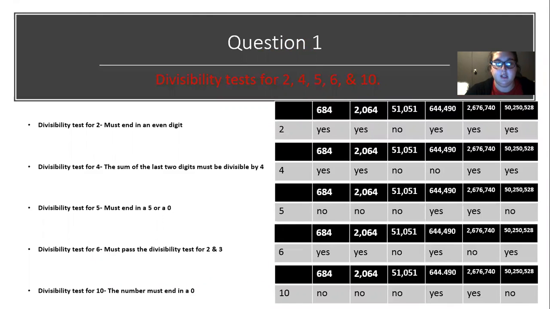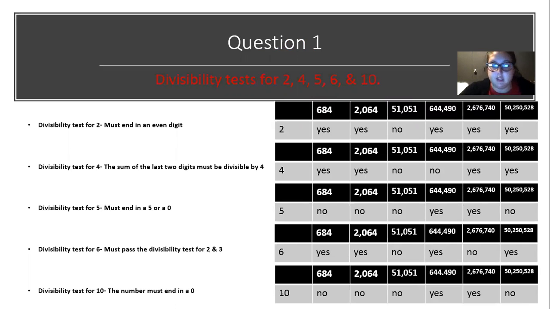The divisibility test for 2 is that it must end in an even digit. So we're going to be looking at 684, 2064, 51,051, 644,490, 2,676,740, 50,250,528. So 684 is divisible by 2 because the last digit in the number is 4, which is an even